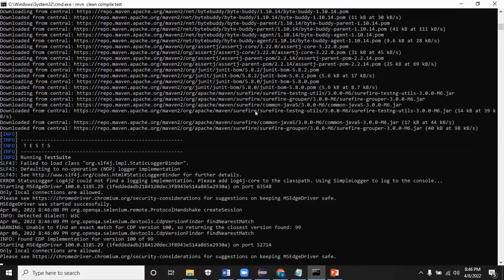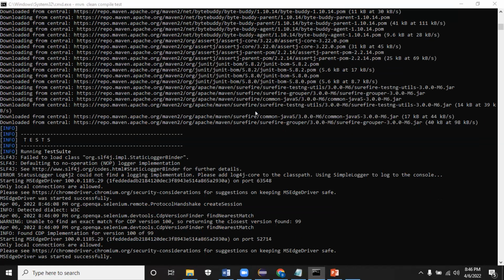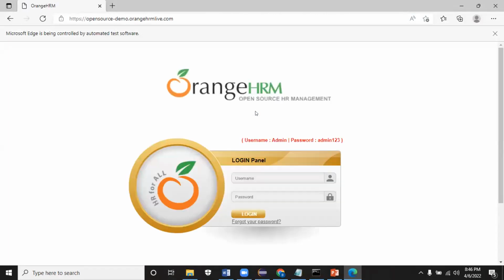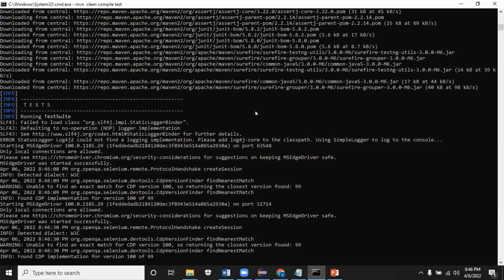You can see it triggered the test method in the Edge, and I triggered only login UI test. That's the only test method which is going to be triggered. Lots of commands are there. Just 3 commands are enough right now. I'll just add one more goal also. MVN clean compile test. I have given the command.